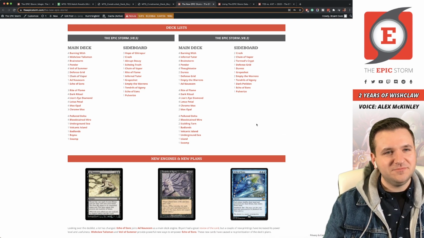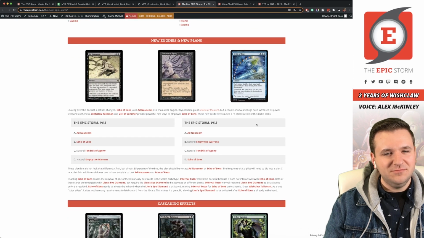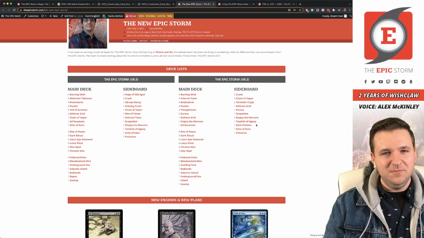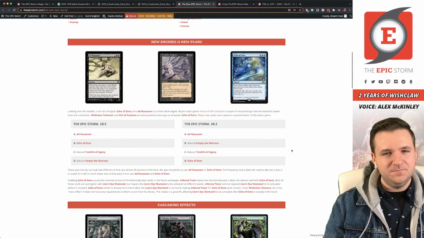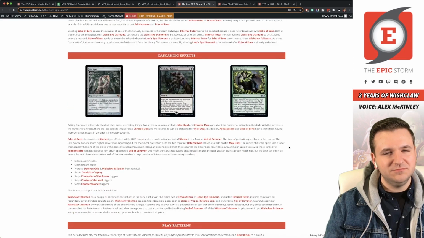Sideboard Rite of Flame was something I never liked, but whatever. I think that the Chain of Vapor was just because we're worried about not having disruption for the non-blue decks. Yeah. I don't think anybody quite realized the difference between Infernal Tutor only being a combo piece or just finding